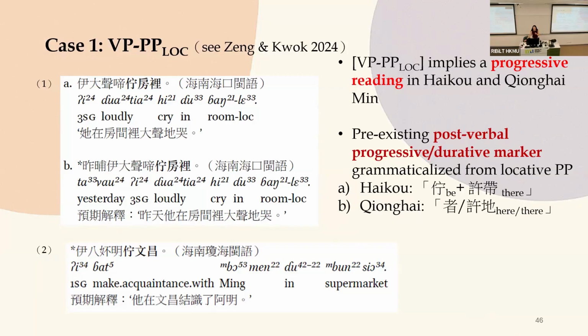So we can see that the Hainan Min postverbal locative prepositional phrase was actually derived from analogy with its postverbal progressive or durative marker. So it has a base from which it derives such word order. It's not just a direct copy of the Bai and Klai word order, and it's restricted by this analogy as well, because it has to comply with the aspectual requirements of this construction.